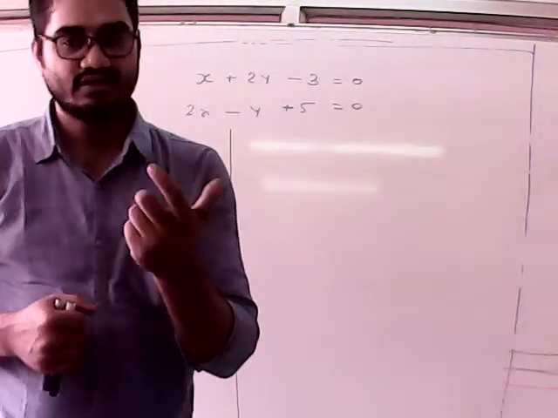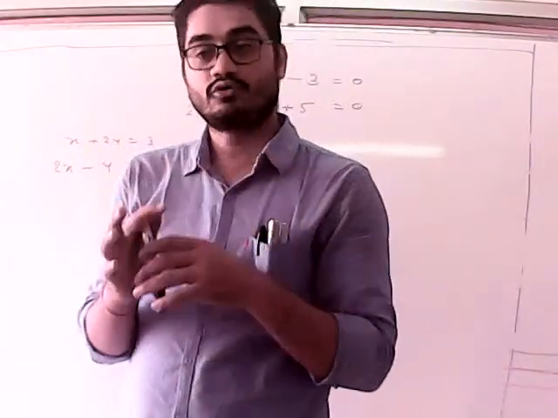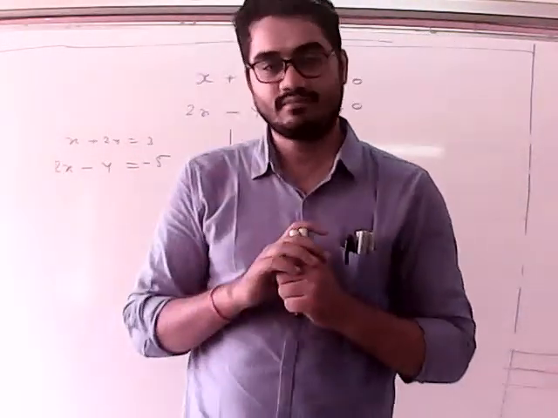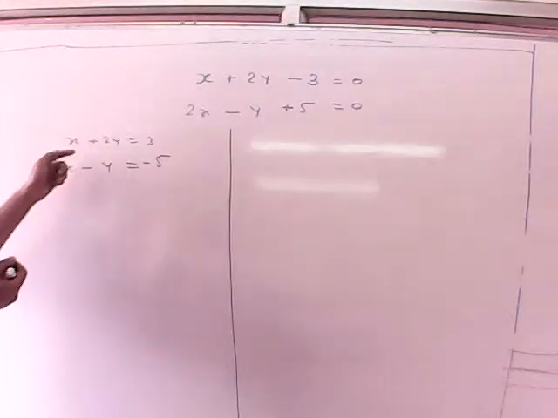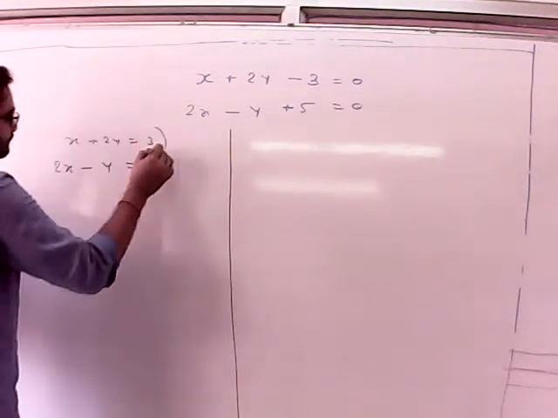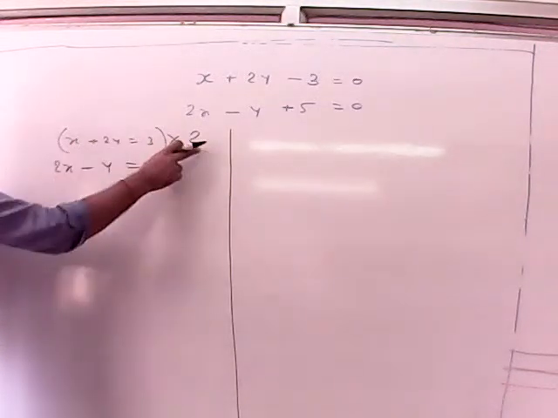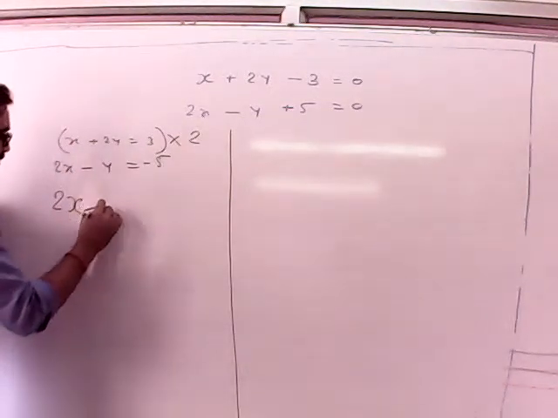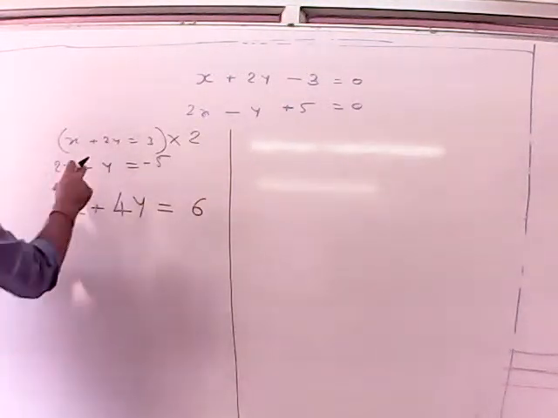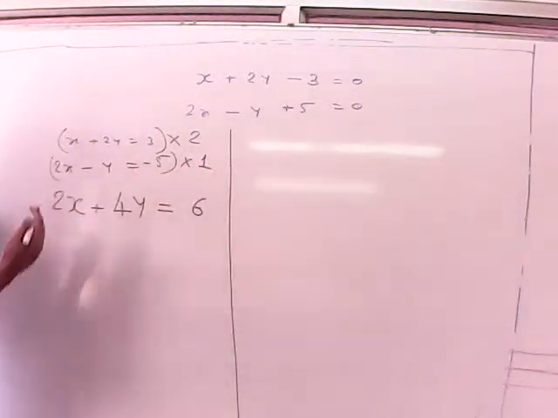जब कोई दो टर्म सेम हो जाएंगे तब एलिमिनेट होंगे। तो उसके लिए सबसे पहले हमें क्या करना पड़ेगा? किसी दो टर्म को एक पर्टिकुलर इक्वेशन के एक एक टर्म को हमें सेम करना पड़ेगा। अब जैसे आप यहाँ पे देख पाते हैं हमारे पास x है, यहाँ पे 2x। तो अगर इस पूरे इक्वेशन को मैं 2 से मल्टीप्लाई कर दूं तो मुझे यहाँ पे 2x मिल जाएगा। ओके, सो लेट अस डू दैट। तो हमें क्या मिला? 2x plus 4y is equal to 6। दूसरा इक्वेशन हमारे पास जो है उसको हम मल्टीप्लाई करते हैं 1 से।